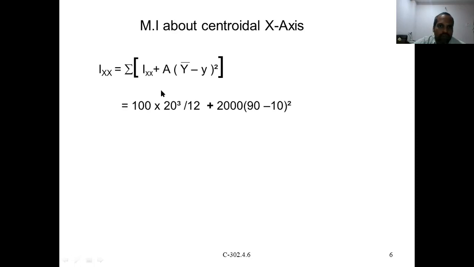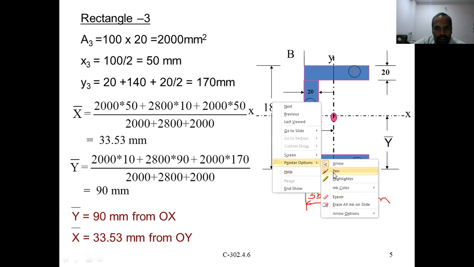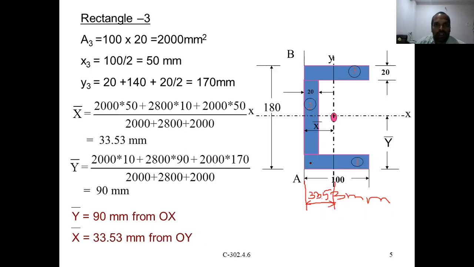Right. So now, if you see the figure, in this one let us calculate the h also: h1, h2, h3. So how to calculate h1, h2, h3? Your figure is this one. The y bar you got is 33.5, and this one is equal to 90 mm. That one you got already. Now calculate the moment of inertia about its centroidal axis of figure 1, figure 2, figure 3.